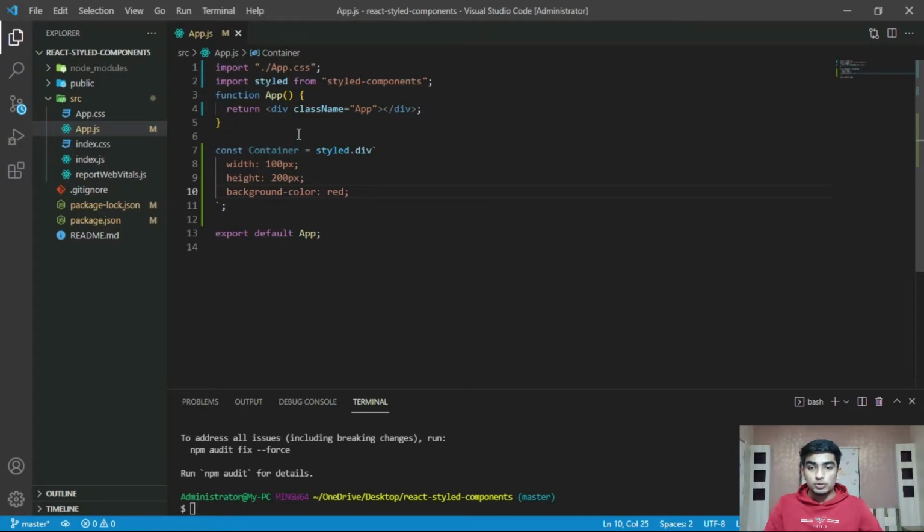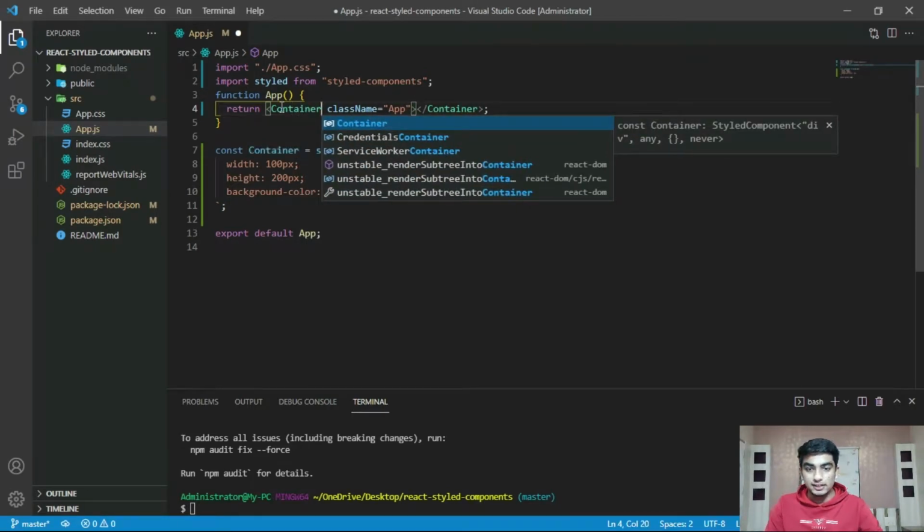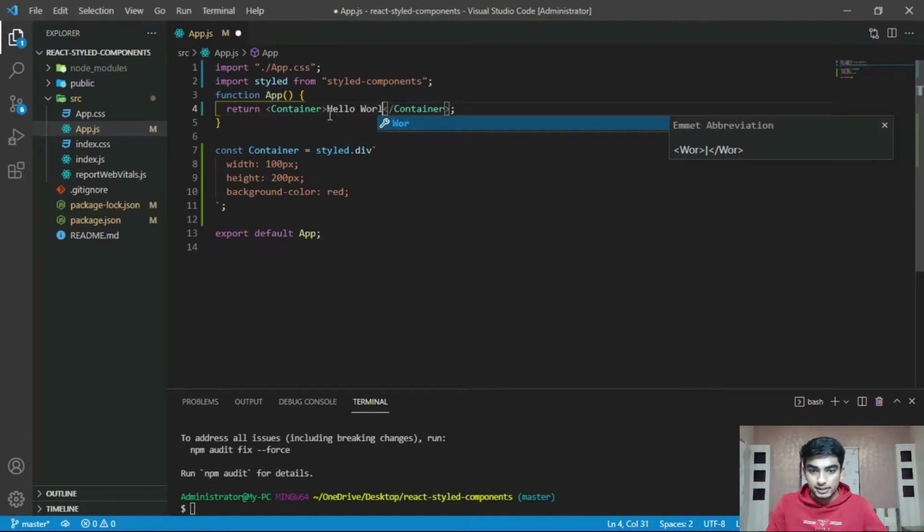And then you just apply Container here and save it, and remove this class name. And now here I type something like hello world and save it.